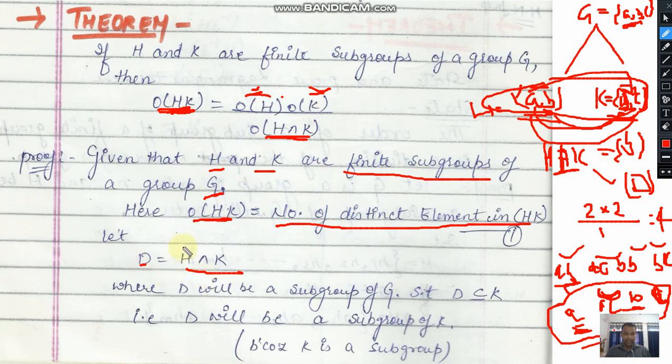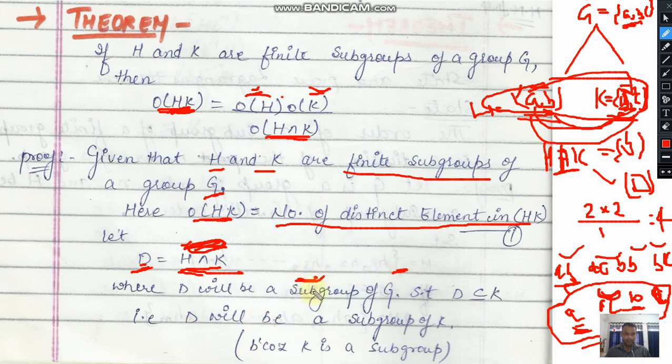As we know that H and K are two subgroups, and in a theorem we have already discussed that the intersection of two subgroups is always a subgroup. So H and K are two subgroups of G, so their intersection will again be a subgroup, as per a theorem which we discussed in my previous lecture, perhaps last week, when this lecture was recorded. So the student will recall this theorem.